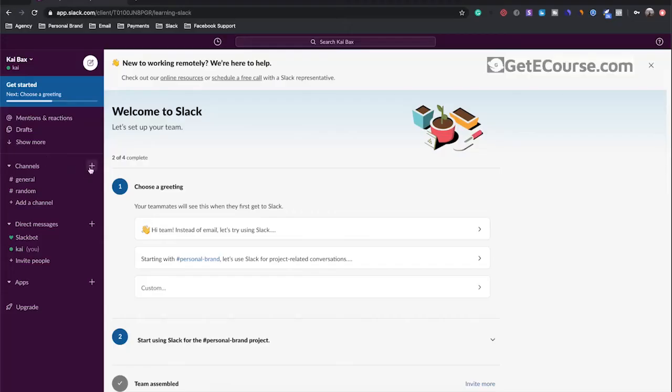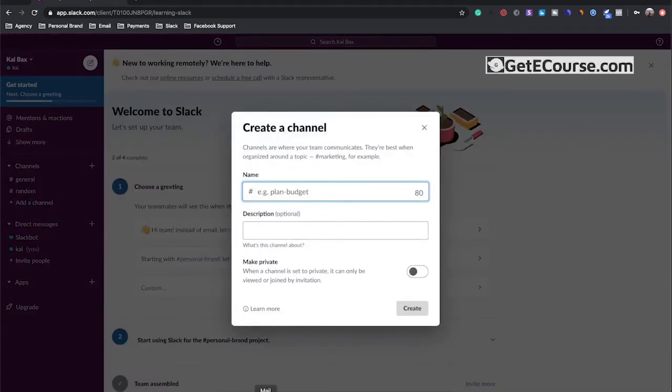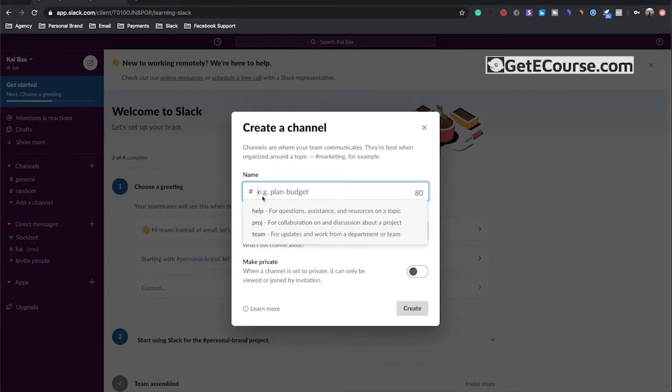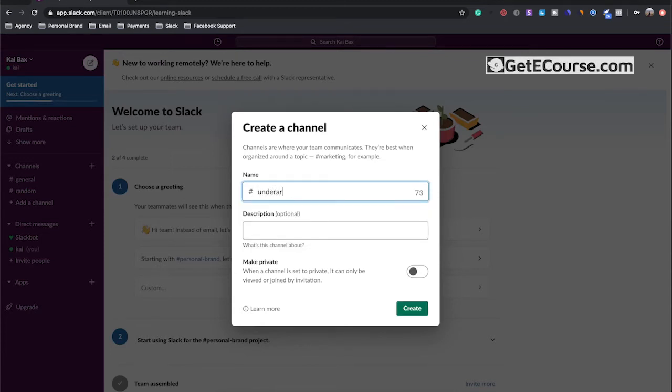Okay, so let's say you sign on a client. What you'd want to do is come into Slack, go to channels on the left, go to create channel or add channel, and then go create channel. Here is where you put the name. I just do the client name in terms of the business. So if I was working with, say, Under Armour, dream client, I just do Under Armour, which is the name of the brand itself.